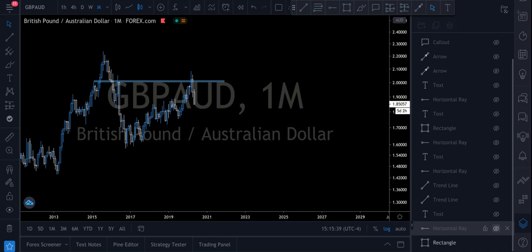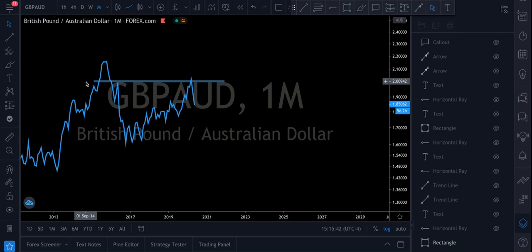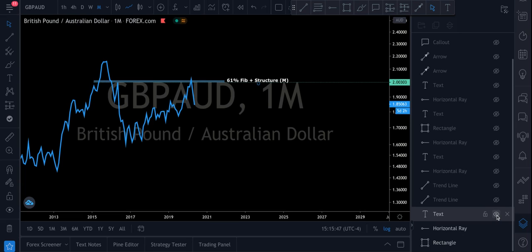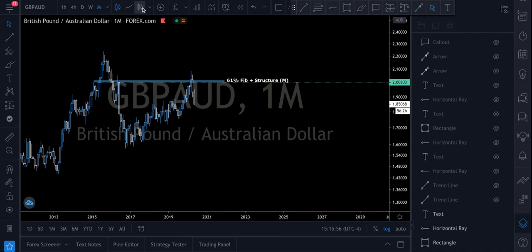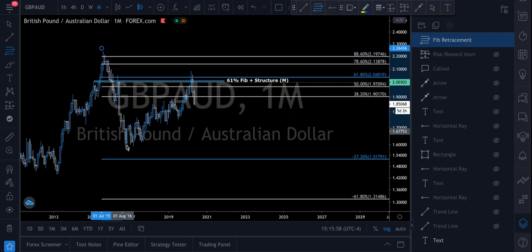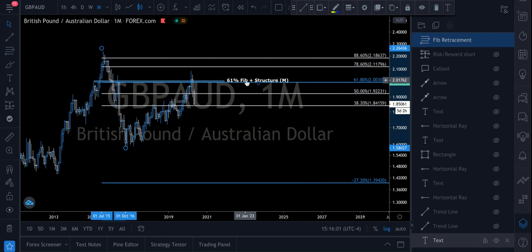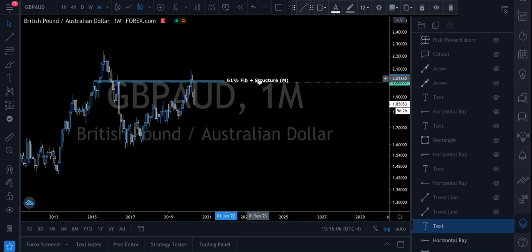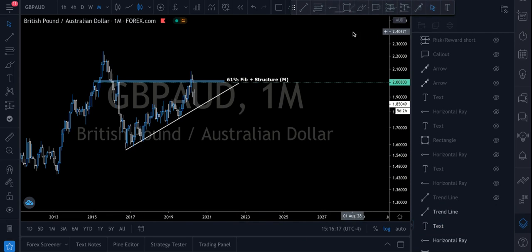At first, on the monthly time frame, I just want to quickly highlight relevant areas that have structure. Based on this area of structure, which was tested 1, 2, 3 times as you can see here, it was also coinciding with this 61 fib, which, as you guys know, is one of the golden fib levels within the Fibonacci ratio itself. That's why I had marked this one out as the 61 fib plus some structure on the monthly time frame. And then I also noticed that there were several trends,